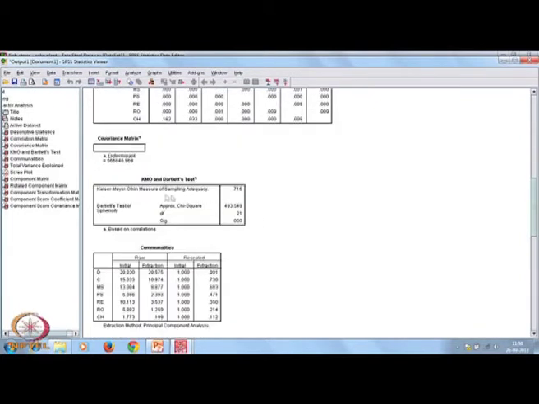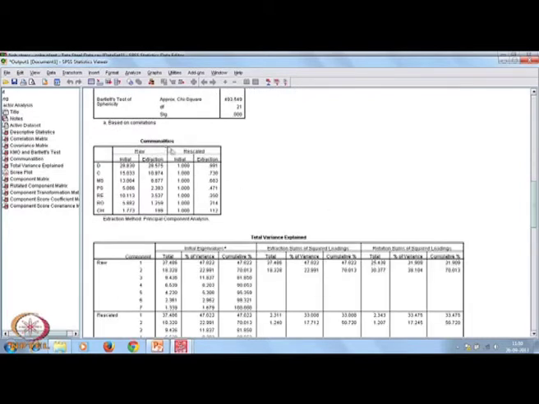Now the Kaiser-Meyer-Olkin sampling adequacy test, and based on that the approximate chi-square, degrees of freedom, Bartlett's test of sphericity, significance is 0. It simply says that this data set is factorable, and the sampling adequacy test value is not rejecting the null hypothesis. Yes, the data means it can be captured.